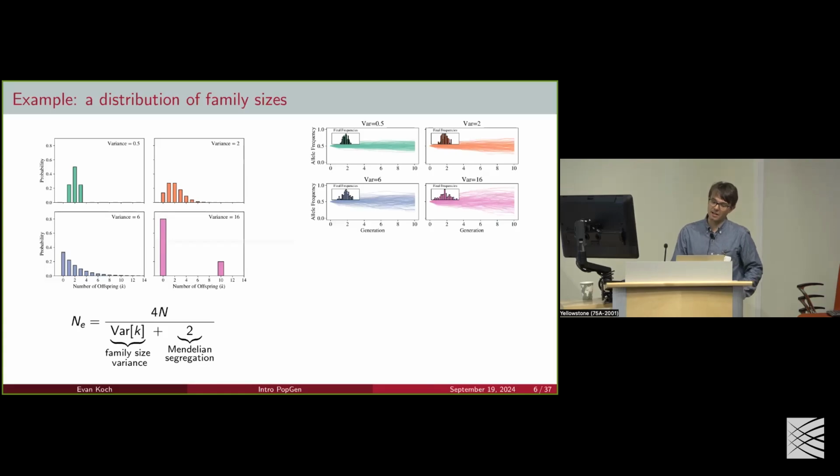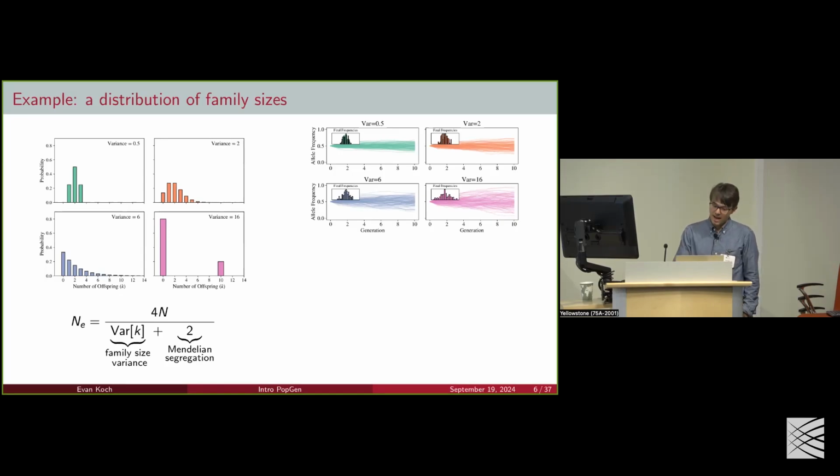Great, so let's maybe take a silly example of this and think about some model where you have a distribution of family sizes, sort of similar to what I showed previously. This model over here with a variance of 2 is going to be approximately equal to what you would see in the Wright-Fisher model, but you might have populations with a lower variance or a much higher skew in the family size that individuals might have. And if you set the number of individuals in the population to be constant and simulate allele frequencies sampling generation after generation, we can see that indeed the drift in these allele frequencies increases with that variance in family size,